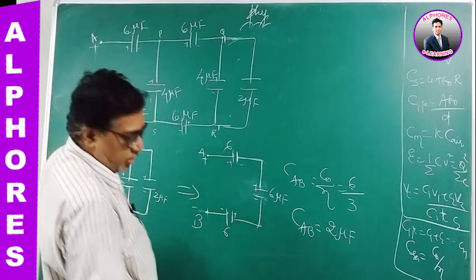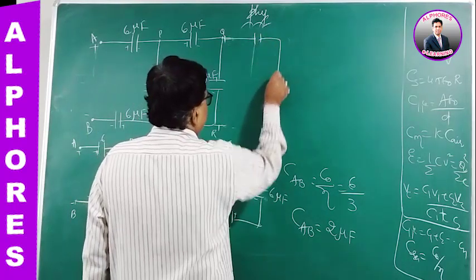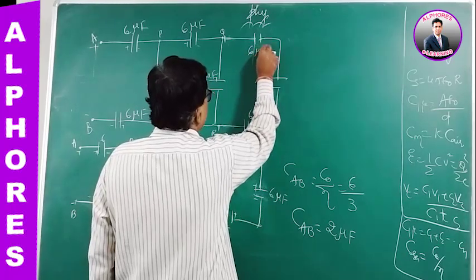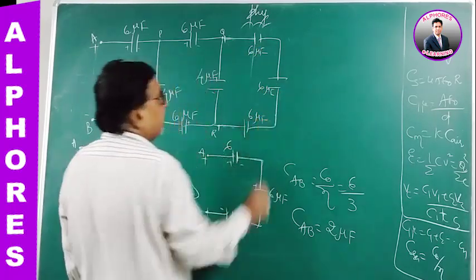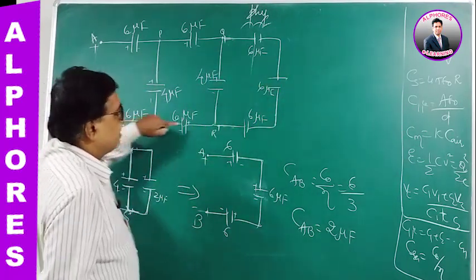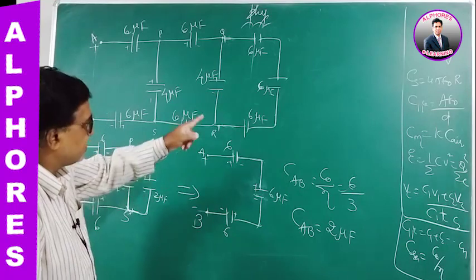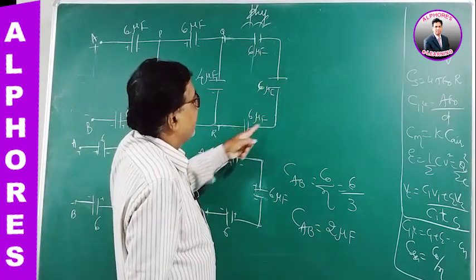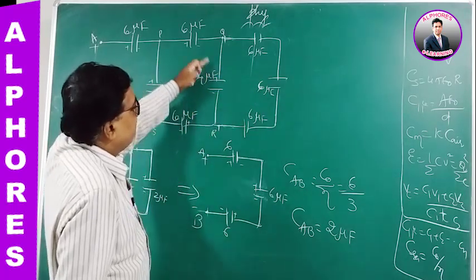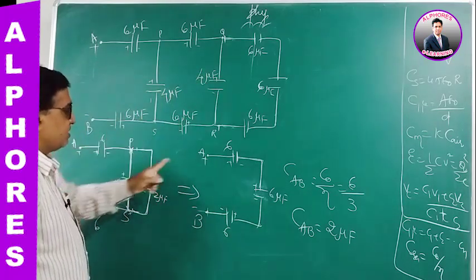So from this, what do you understand actually? Suppose there is a circuit like 6 and 6 microfarad. This was the earlier problem that I have given you. 6 identical capacitors on the top, 6 identical capacitors like this, but the last one is 6. For this, first we have taken these 3, the resultant was 2. These 3 together is 2. 2 added to 4 is 6. These 3 is 2, these 3 again will be 2 here. And the resultant of 4 and 2 is 6. Again the resultant is 2.